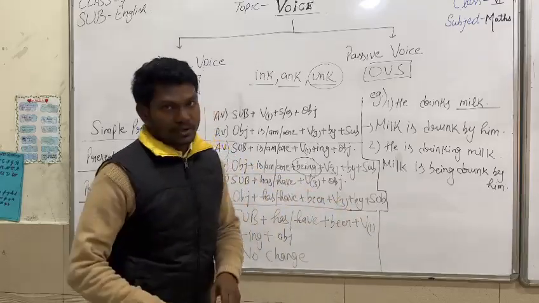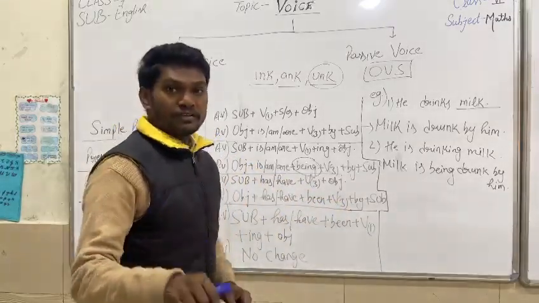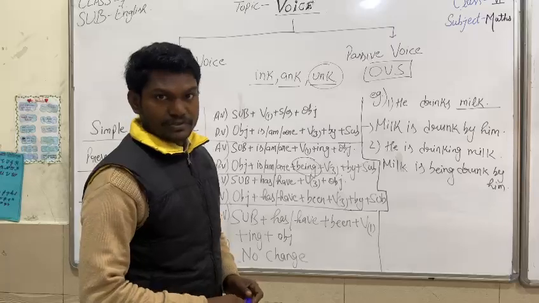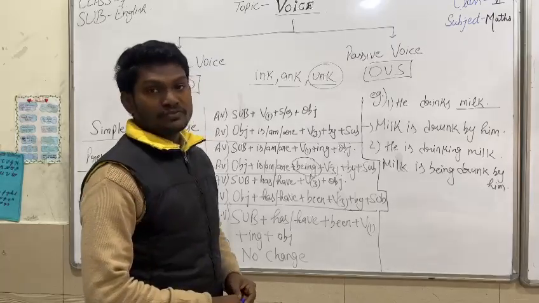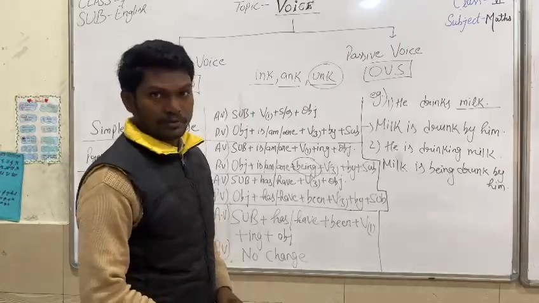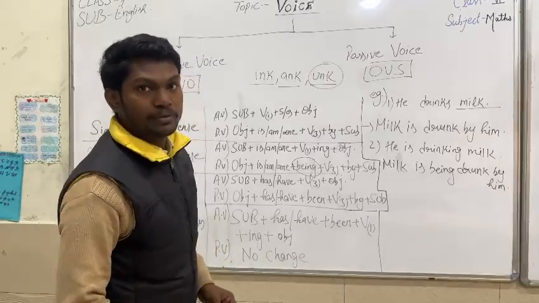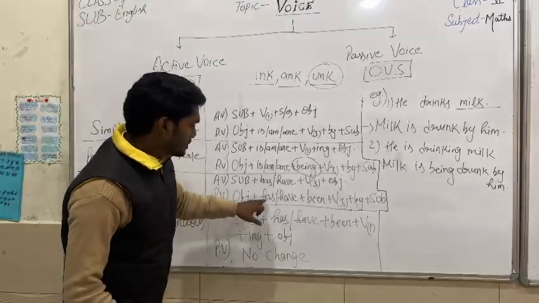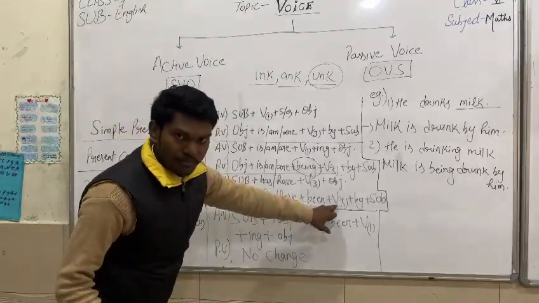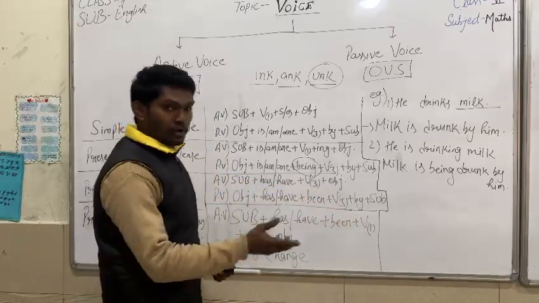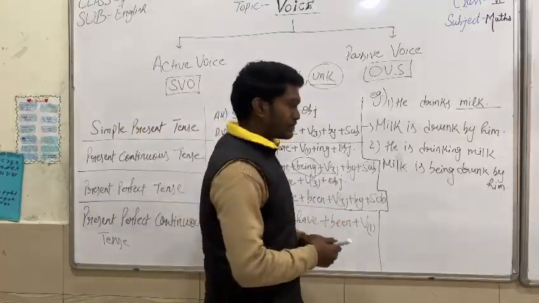Students, you might have noticed one thing, that while converting active voice to passive voice, in every passive voice rule we are using the third form of the verb, which is the past participle form of the verb. It is very important to mention. Object plus has/have plus been plus third form of the verb plus by plus subject. Now, to continue the same sentence,